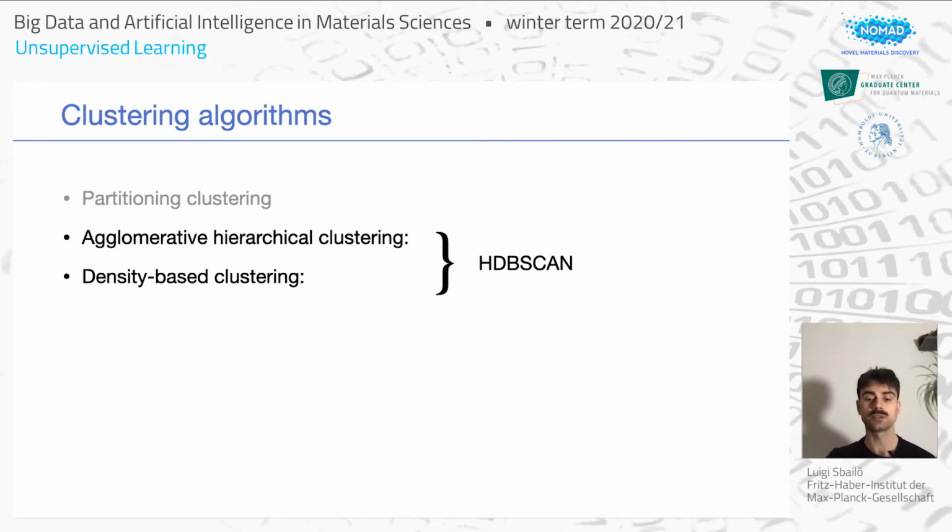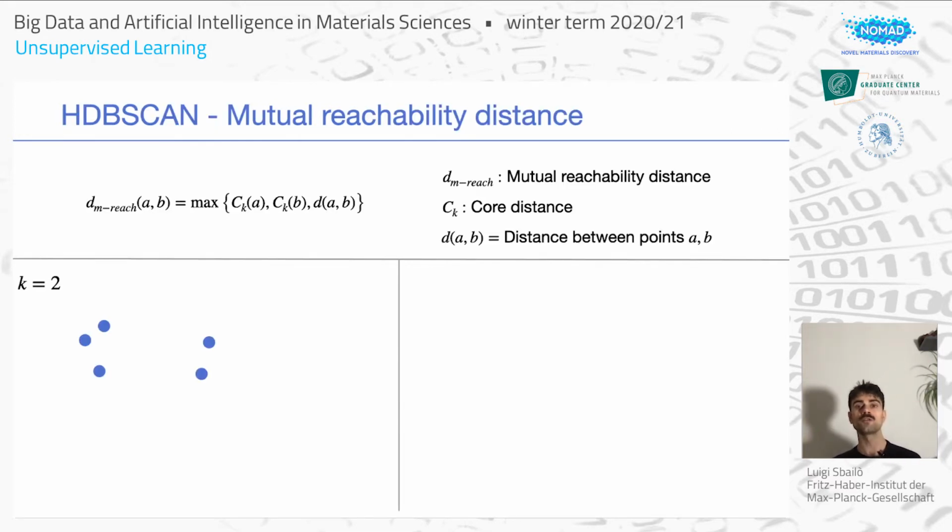DBSCAN is quite an old algorithm, so HDBSCAN also sees other improvements. Let's start with the first improvement of HDBSCAN over DBSCAN. The first thing that HDBSCAN does is modify the distance of the space. It makes a distortion, and instead of using our input distance, let's say a Euclidean distance, it uses a mutual reachability distance